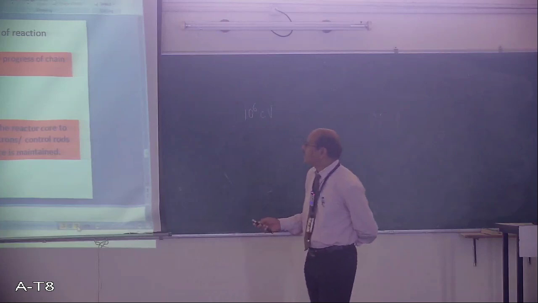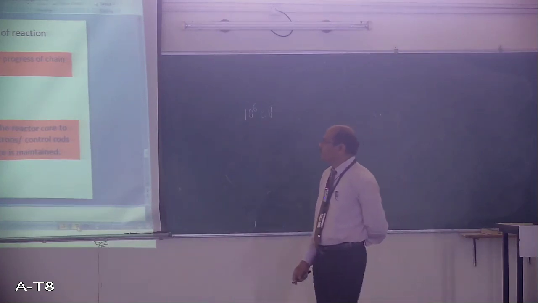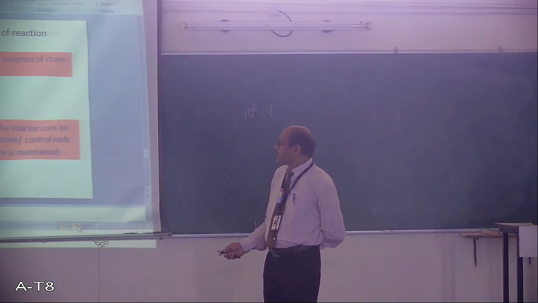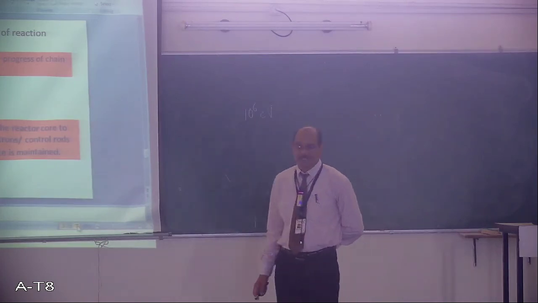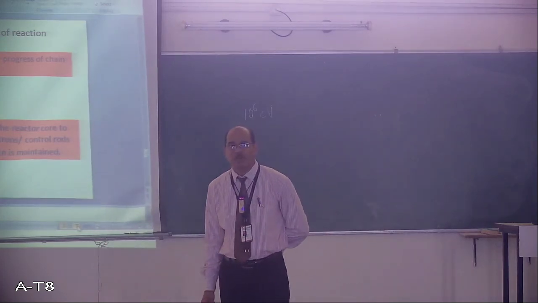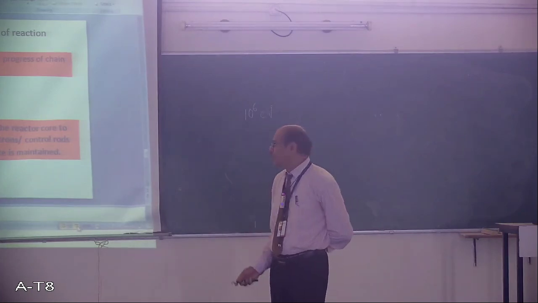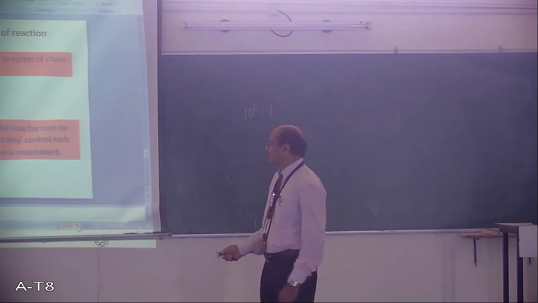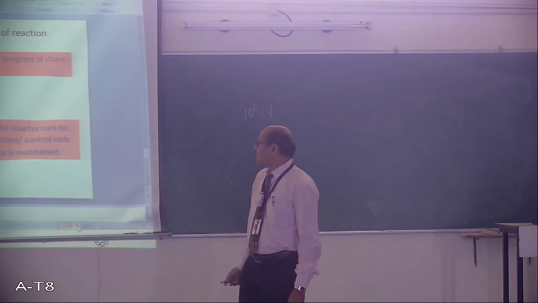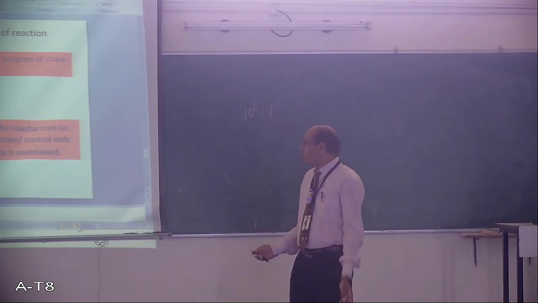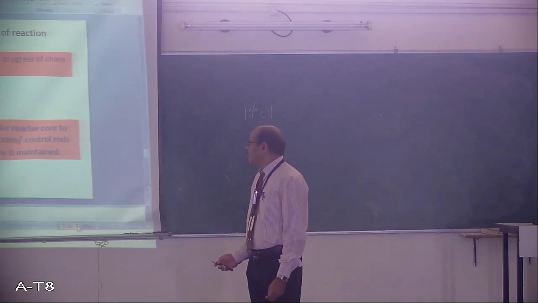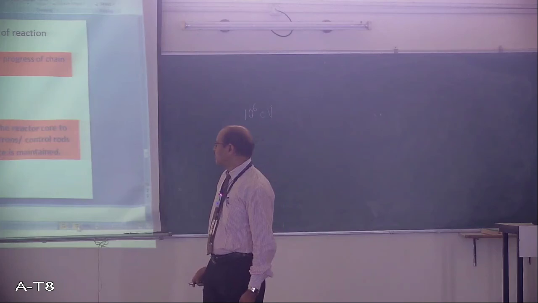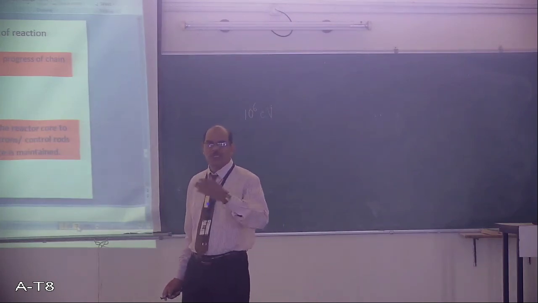Okay, so here it is discussed. Since neutrons are responsible for the progress of the chain reaction, cadmium or boron rods, the materials used here, are inserted into the reactor core to absorb the excess number of neutrons, and then they can be removed out of the core region. So control rods may be removed whenever required, and the rate is maintained to be the same.